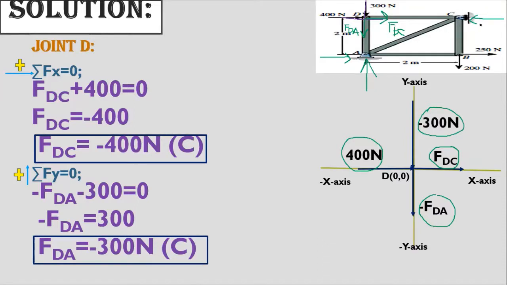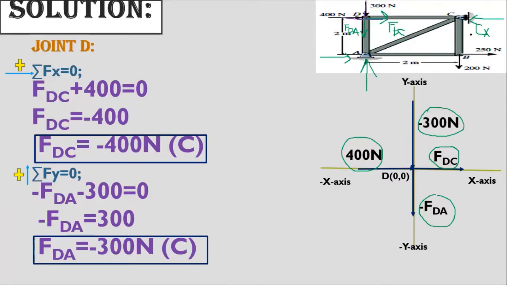So what I have to do, how many member forces are here? You can see that 1, 2, 3, 4. 4 member forces are here, and here are 5 member forces. It's your choice. Whatever joint you want to select, you just do it. So you can find out your member force from one equilibrium equation.